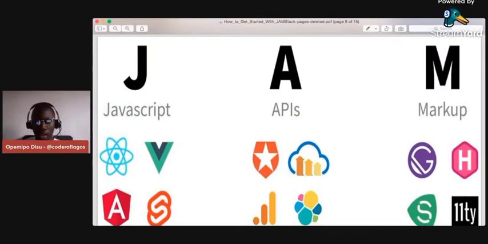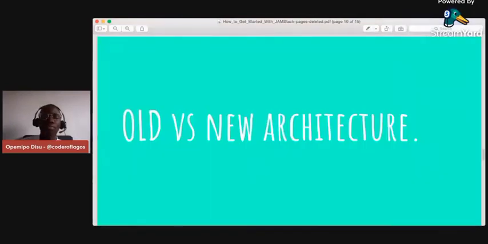We have React, Vue, Angular, Next, Gatsby, and there are many others. For APIs, like I said, there's Cloudinary and different others. For markup, you can see them here: Gatsby, Hugo, 11ty, then Sanity.